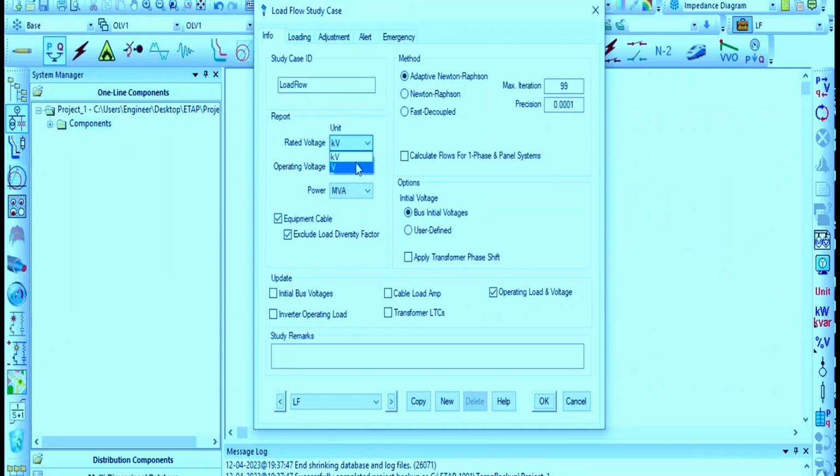If you are using a low voltage system, it's better to see it in volts, but if you are using a system like ours, where we have voltages around 110, it's better to insert the bigger unit, which is percentage and power. Also here you can see the equipment, cable and much more. The update will begin with the initial bus voltages or the operating load. We will leave this as default and we'll go for the operating load and voltage, because